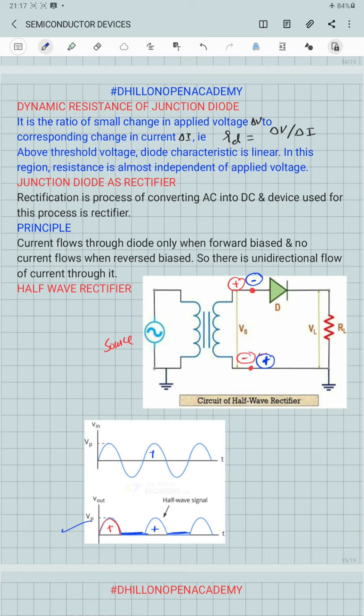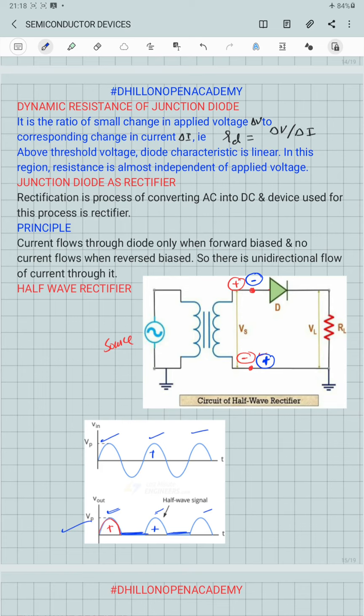Whereas the secondary was applying both positive as well as negative half cycles across the diode, across the load resistance we are only getting the positive half cycles, not the negative half cycles. So the current which was earlier alternating in nature, continuously reversing its polarity across the load resistance RL, now has only a single polarity, that is the positive half cycle. So in this way, a half wave rectifier converts an alternating current into direct current.